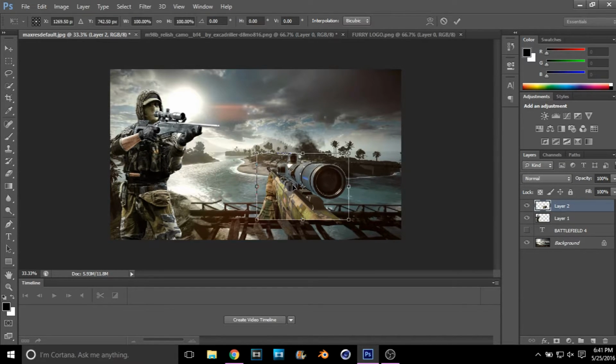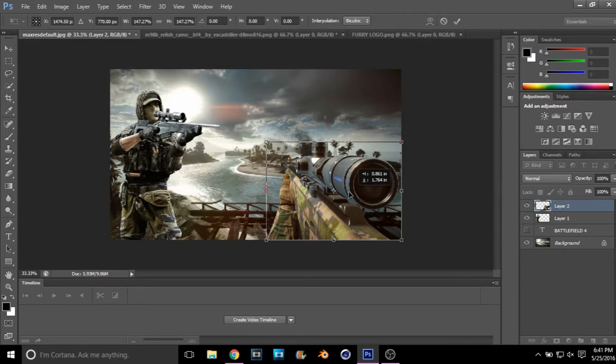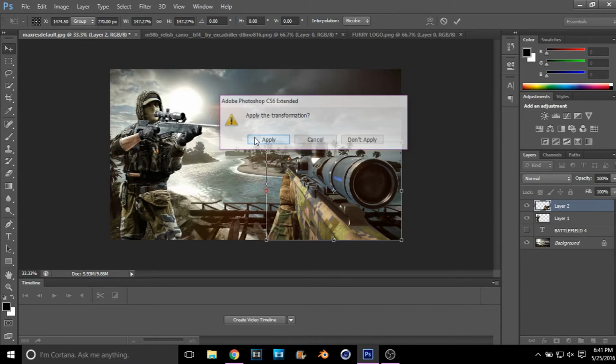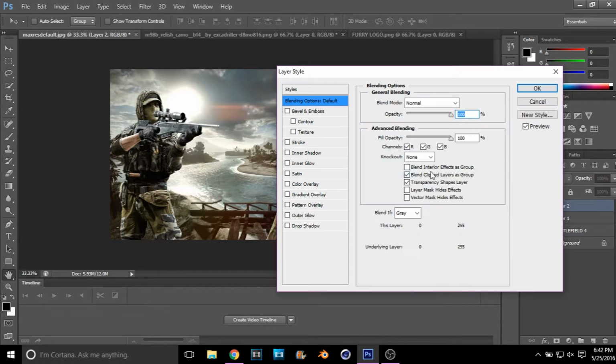Hit Control T or Command T, and I'm going to adjust this and set it down somewhere nice, where you like to leave it. So I put mine there. Now, what I want to do on my sniper is